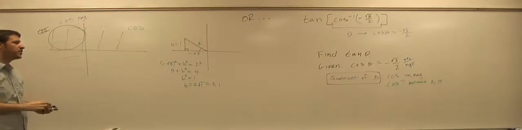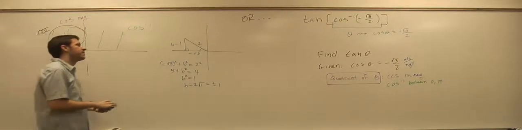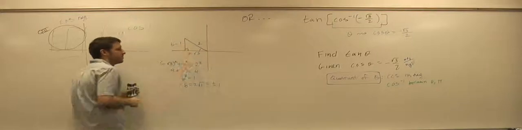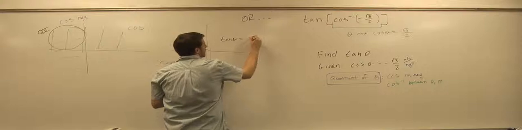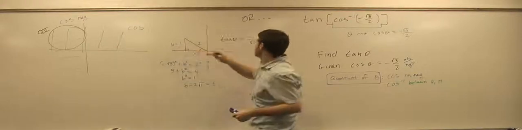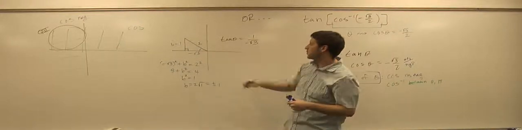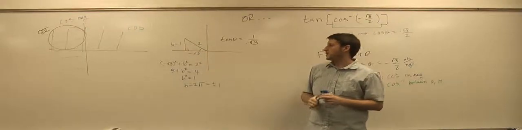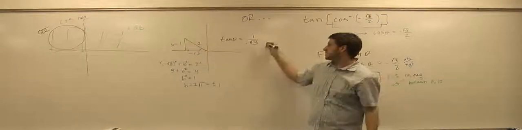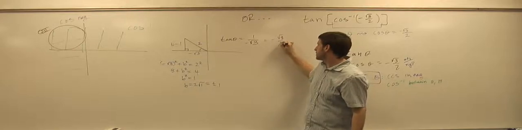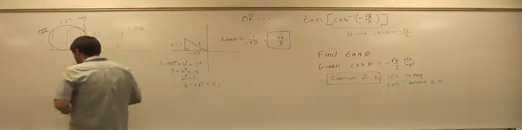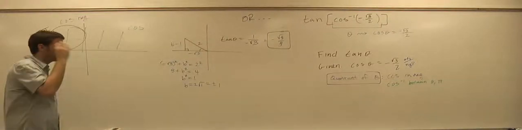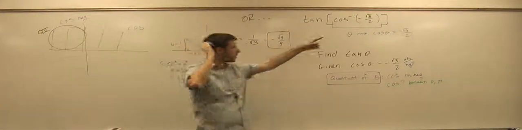So then you get tangent by doing, well, tangent is always and forever opposite over adjacent. 1 over negative root 3, I guess. There we go. Rationalize it, so it'll be negative root 3 over 3. First way is probably faster, but the second way will work no matter what ratio I